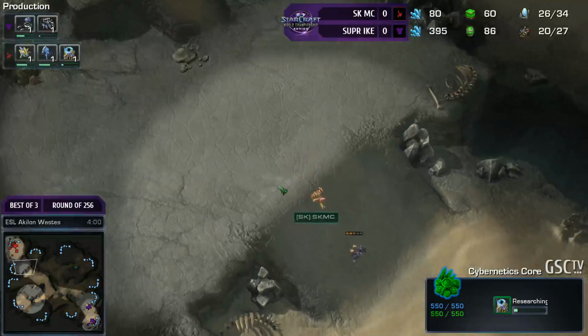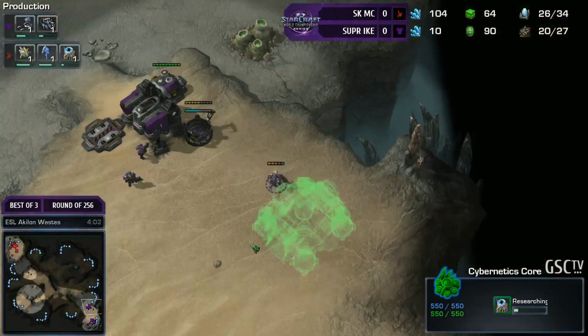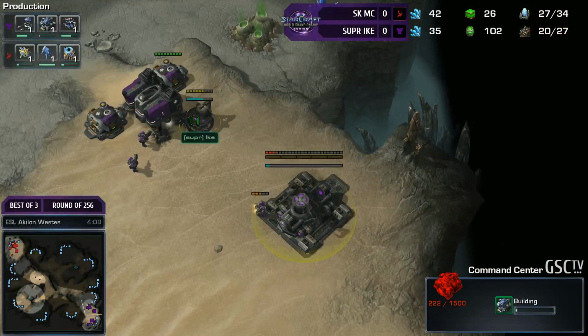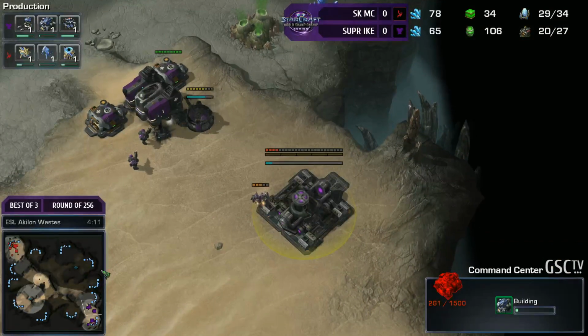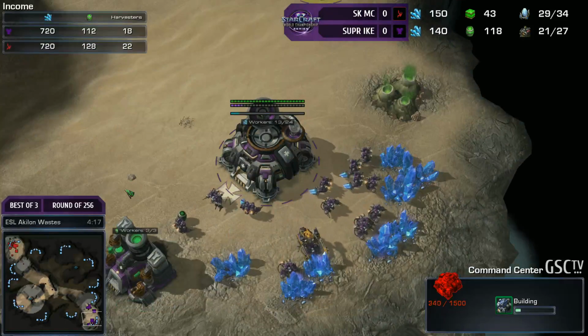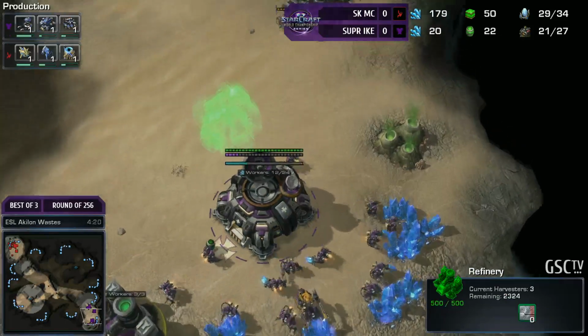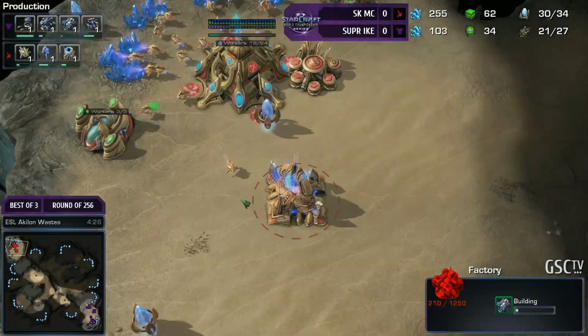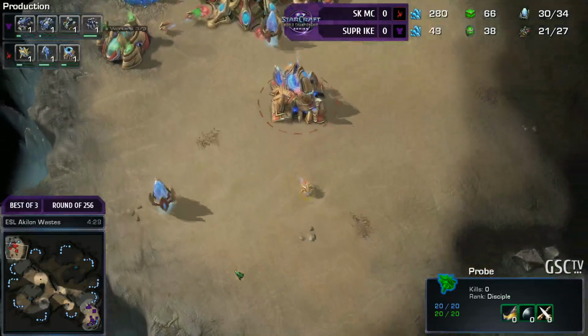To actually prevent the SCV from doing anything like throwing down an engineering bay to block the expansion. But, well, there's the reactor now for Ike, and he's going to get his command center. So a pretty macro-based opener, but with that gas, he can get a fast factory, go for something like a fast Widow Mine follow-up. We've seen players such as Thorzane in the European metagame going for fast Hellbat drop follow-ups,